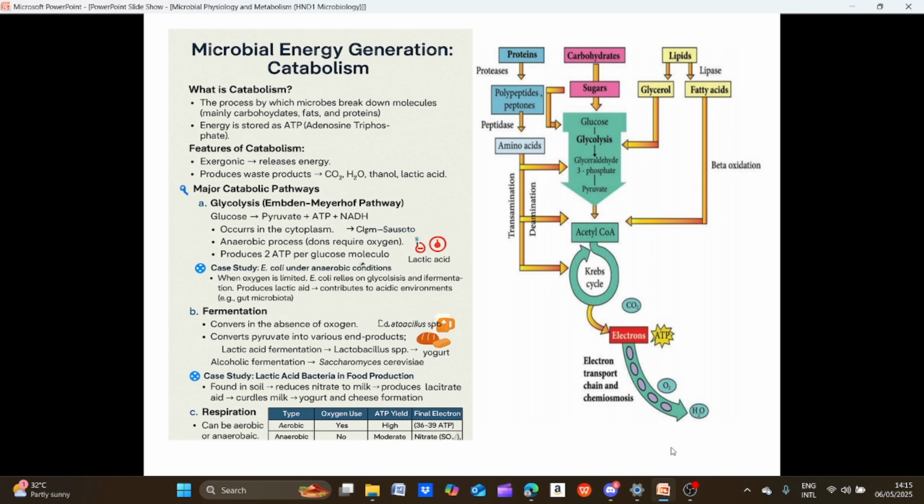Then the other example is fermentation. This is when you break down carbohydrates in the presence of some enzyme and you produce lactic acid and ethanol at the end of the day. And we have a lot of examples for that, like our normal yeast. That one is going to undergo what is called alcoholic fermentation. And we have examples like Lactobacillus. All these are very important in yogurt production and dairy products.